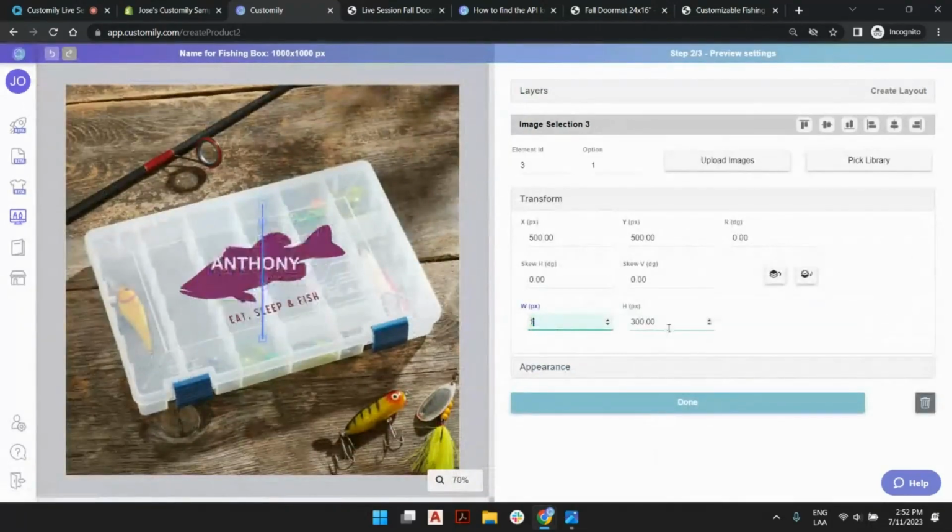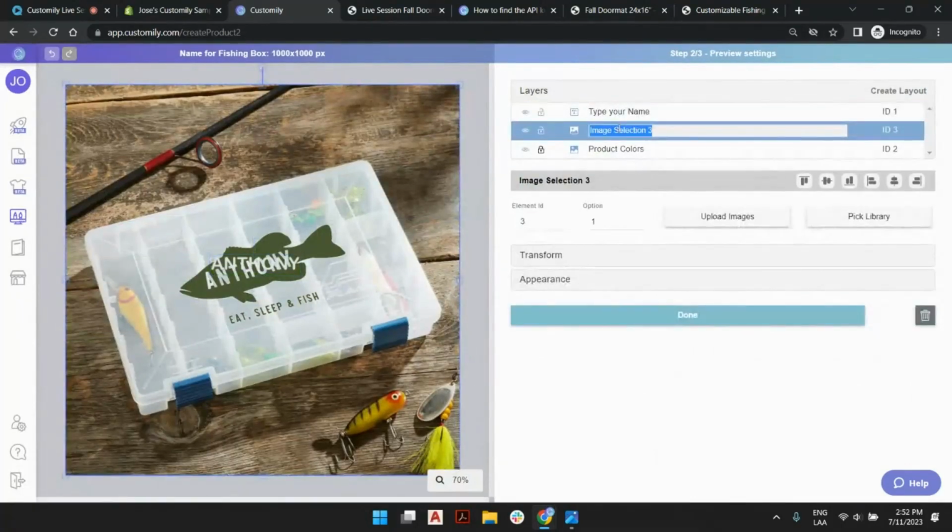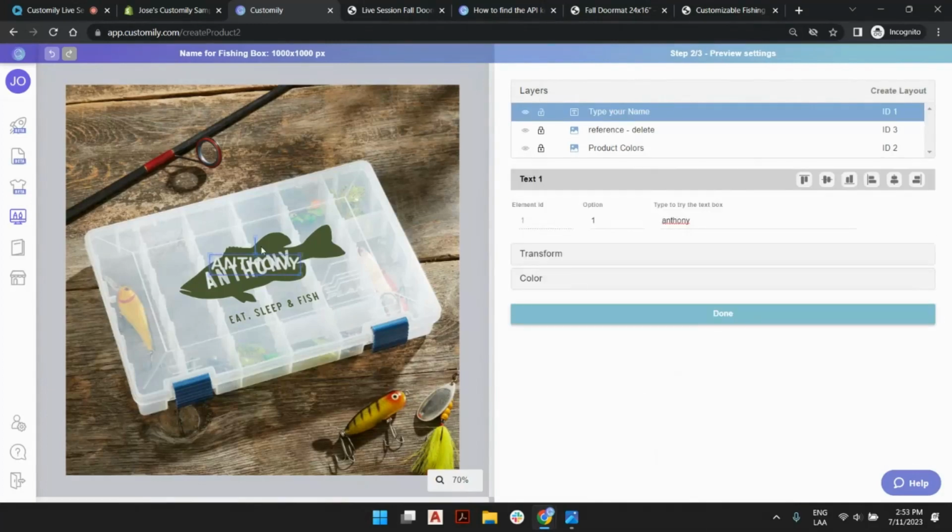Let's make sure also the text goes up. This is the reference, delete, and lock it. So now that I have this reference,